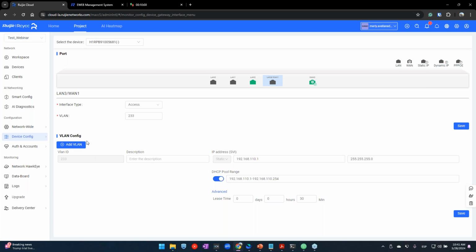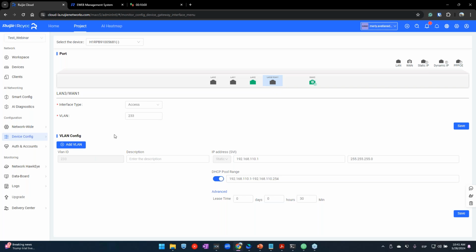If I create a VLAN here in VLAN configuration, if I add a new VLAN, the configuration of this new VLAN we only see in the router,